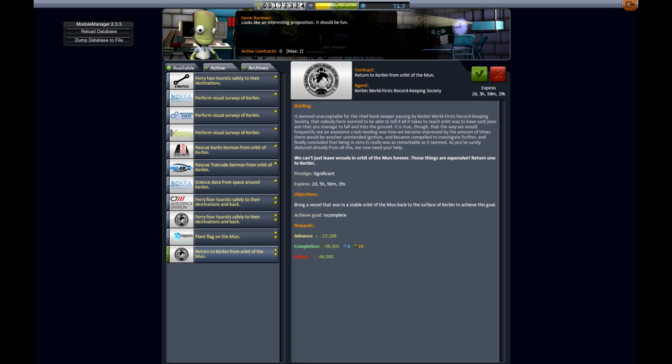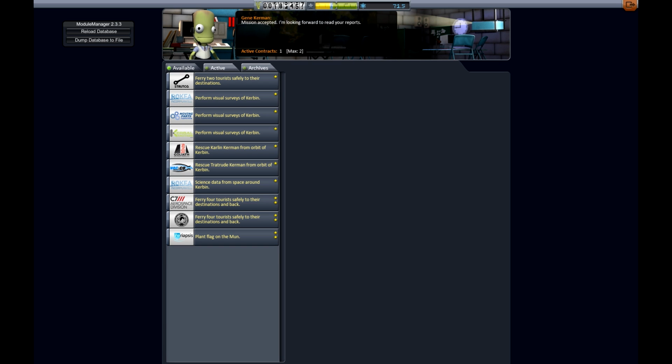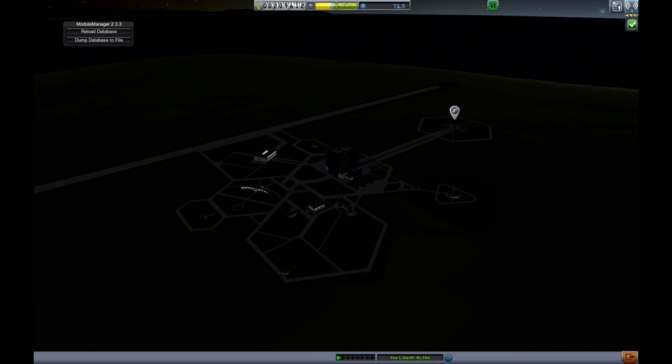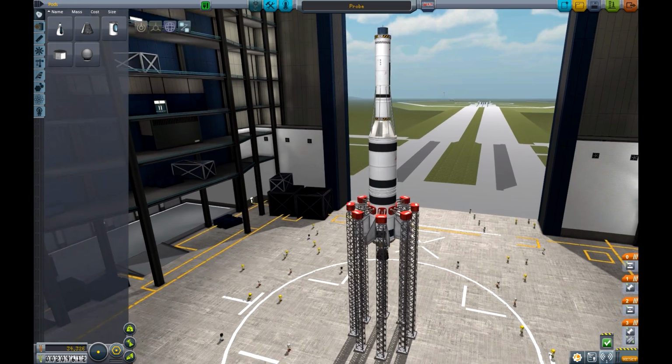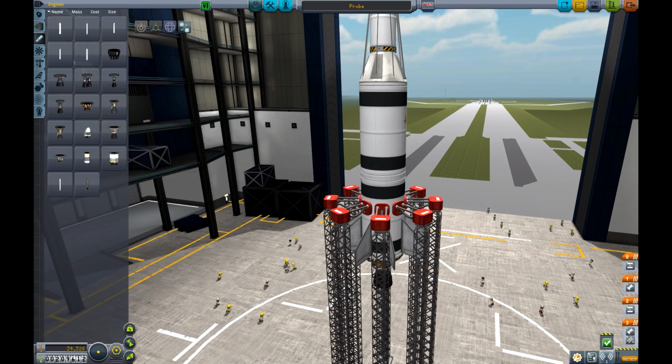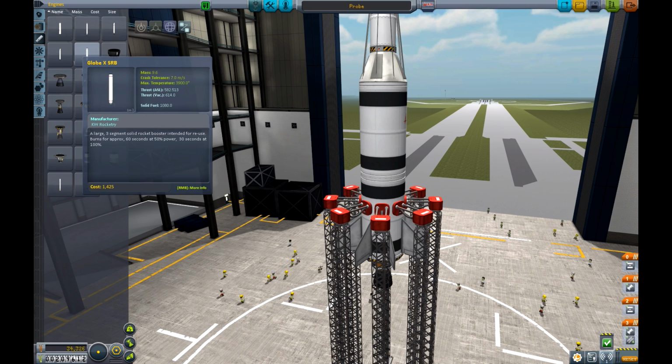So, that's not that bad. Running a vessel that was in stable orbit and back. Okay, let's do it. It won't be that hard to do. We're going to use a probe, because they're much better than humans. They don't die. Not to state the obvious, but